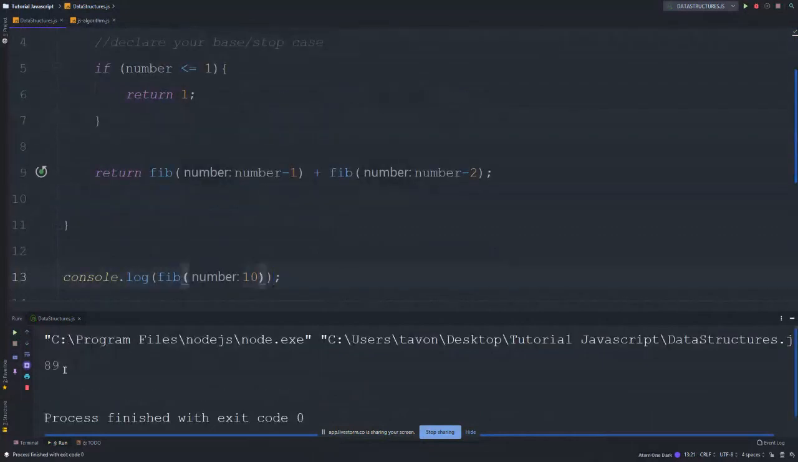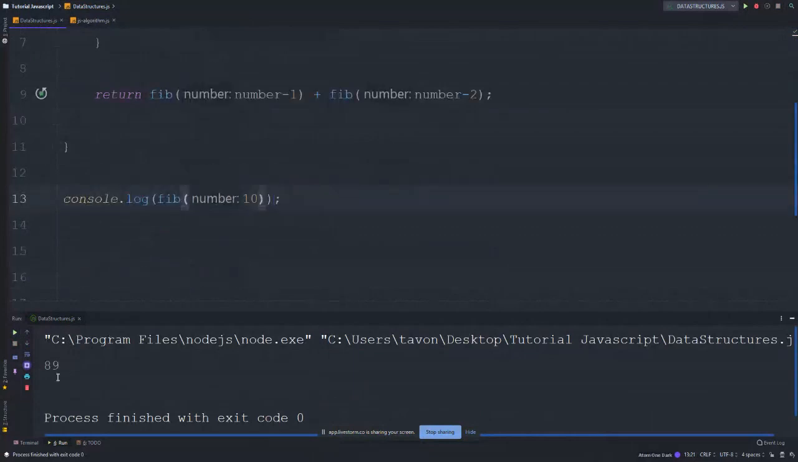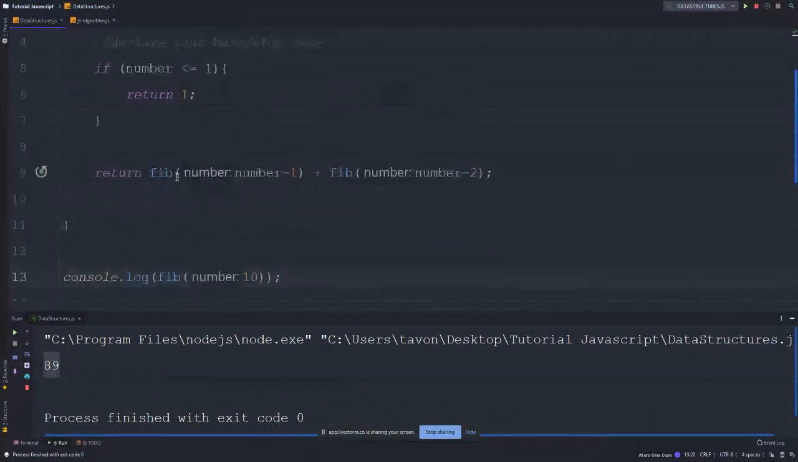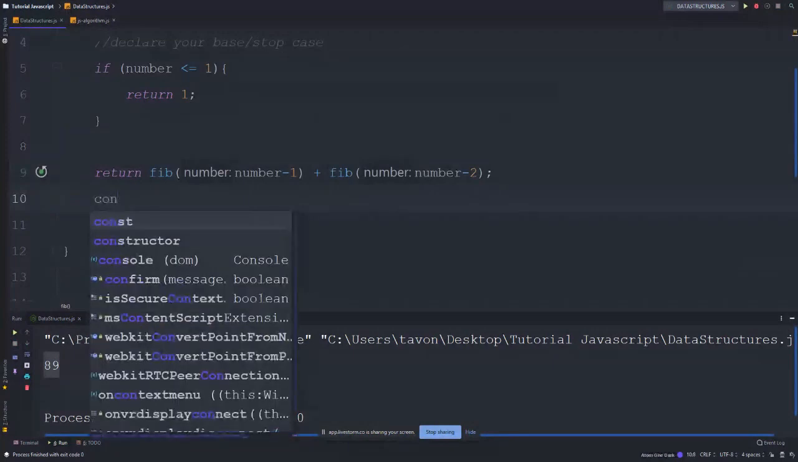Yeah, there we go. So as you can see, the way that we calculate this answer, 89, the Fibonacci of 10 is 89. So if you say 10 plus 9 plus 8 plus 7 plus 6 plus 5 plus 4 plus 3 plus 2 plus 1, that should give you 89. And to show you this, let me just